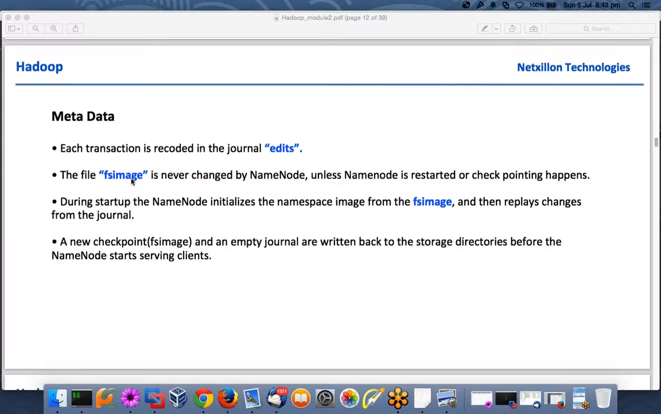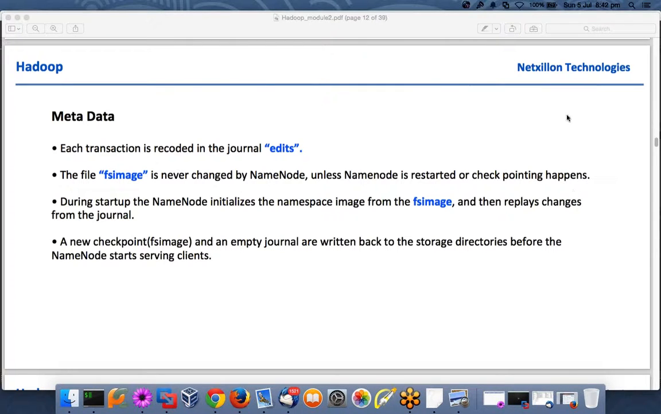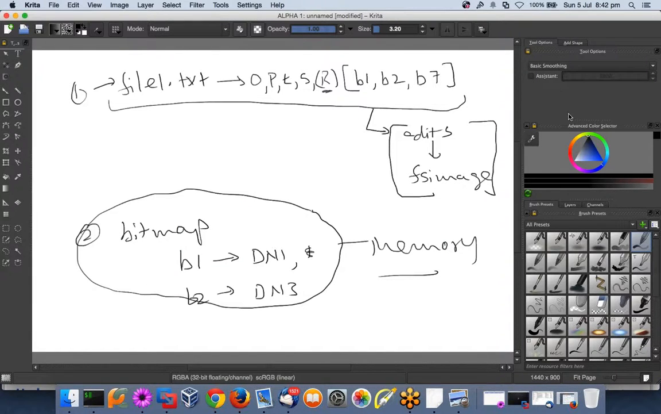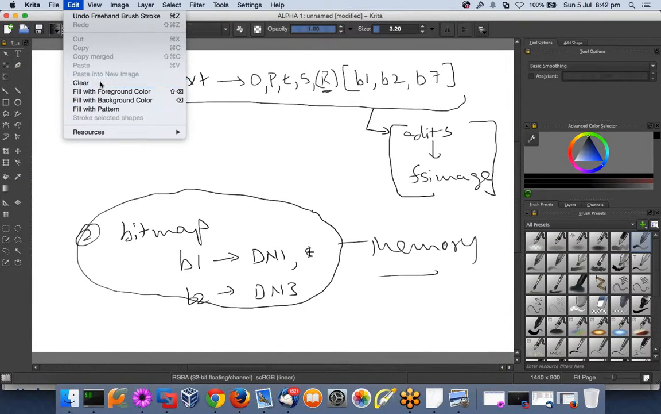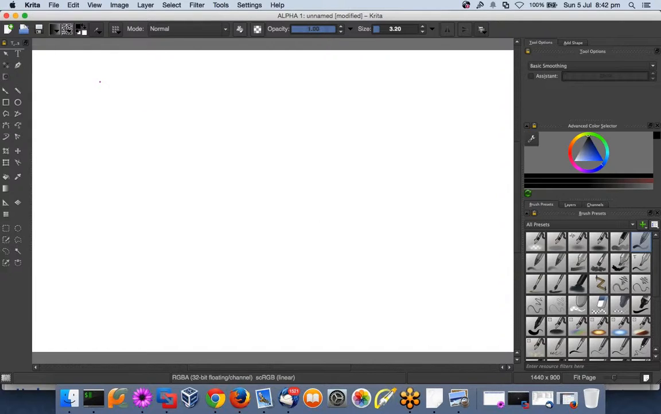So let's say my cluster is up and running and I keep on writing data, my edits file will keep on growing, meaning my journal will keep on growing. And it will only commit to fs image whenever I restart or I do a checkpointing. So let me explain what this statement means. Okay, let me clear the screen now. Let's say my Hadoop cluster is up and running